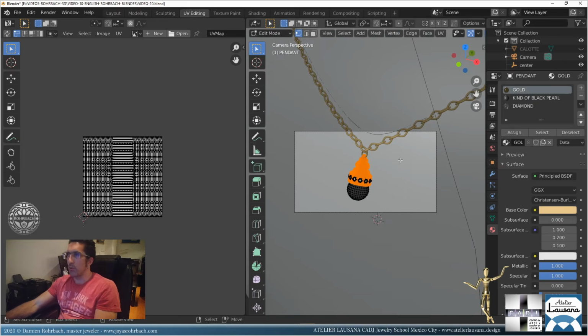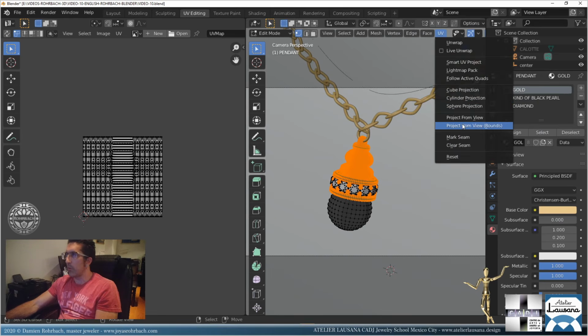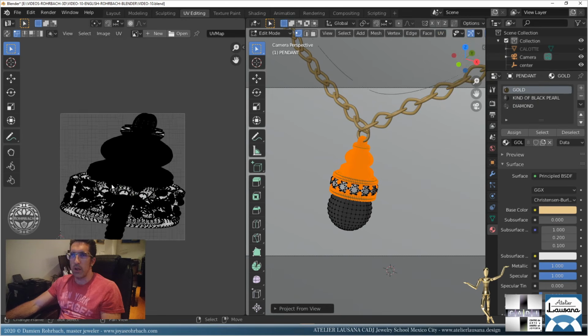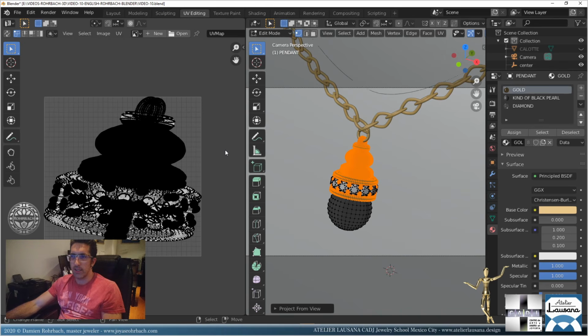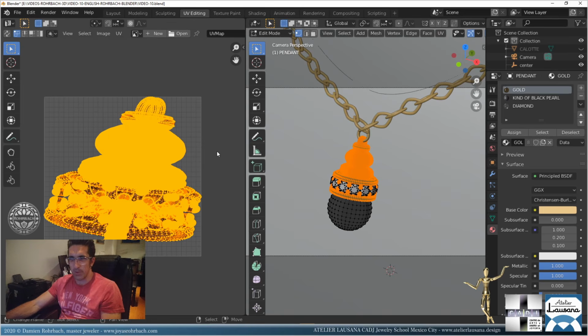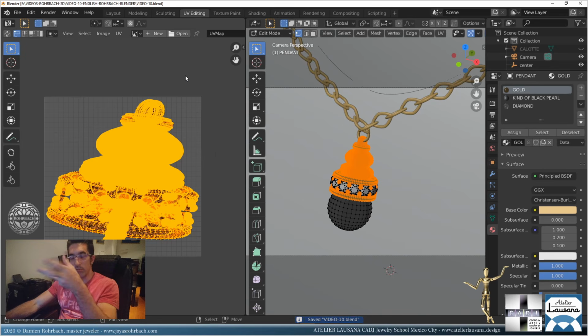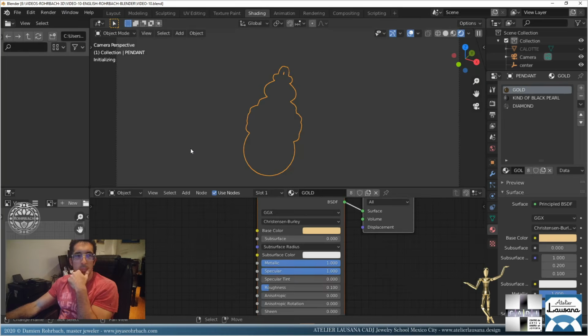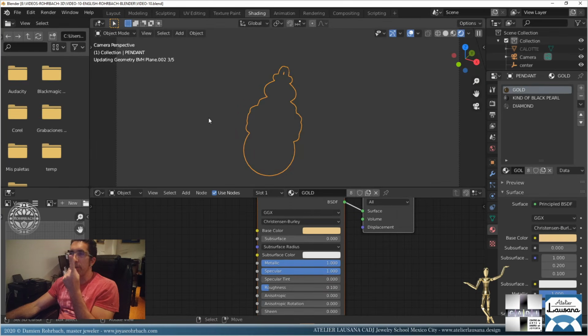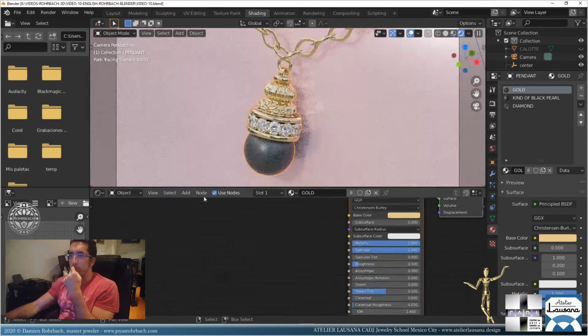Now let's do a camera view and make a project from view bounds. We're going to get that. Let's select this and make it just slightly, you know, there's the twisted wire on the inside. It's amazing. In any case, if you want to make the pearl out of crystal maybe. All right, let's go back to shading. I want to put some bump on the gold, just because. So add